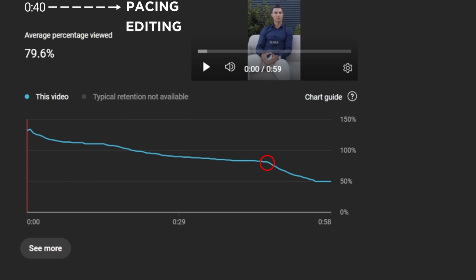If you notice any steep drops, make sure to review what you did with your editing. Was there a gap where you could have cut it because it was boring? These are the types of questions that you need to ask yourself. If you look over your short and you are confident that you are nailing your hook, editing, and pacing throughout